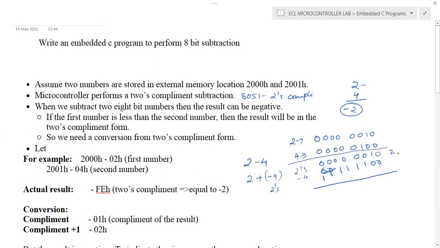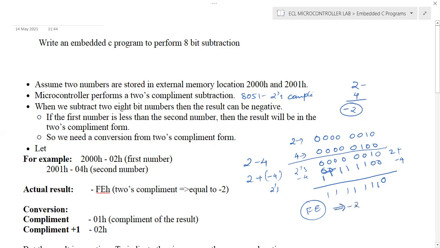After this operation, the result will be like this. You can see that the result is FE. This FE actually indicates the representation of minus 2.